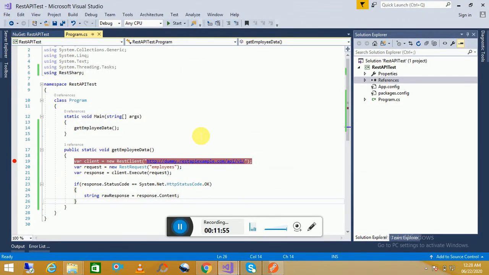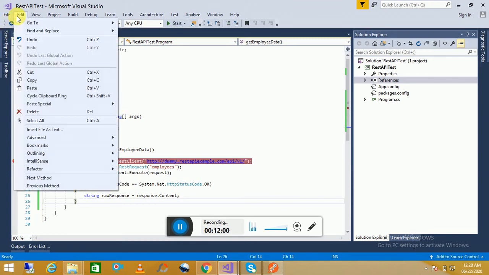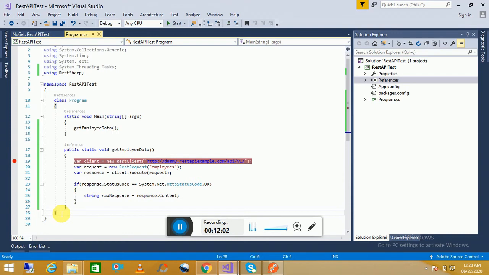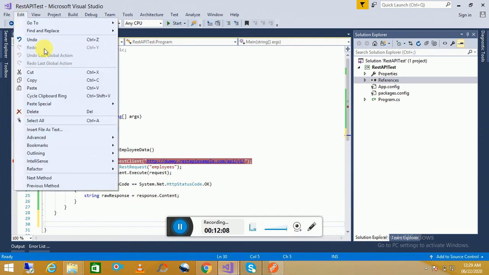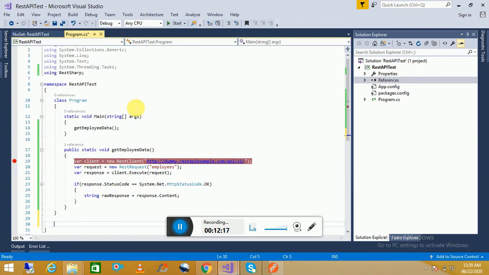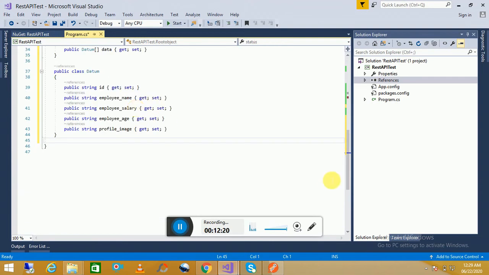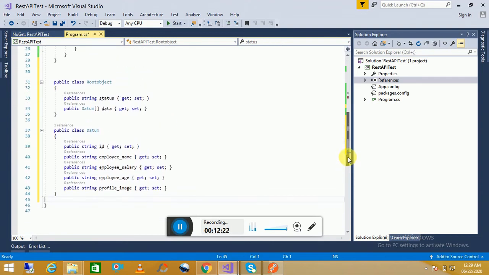For this one, we have to go to the REST API, then edit, first of all the class, then edit, a special paste JSON as classes. So when we click this one, just look at this, the JSON is already formatted here as a C# object.